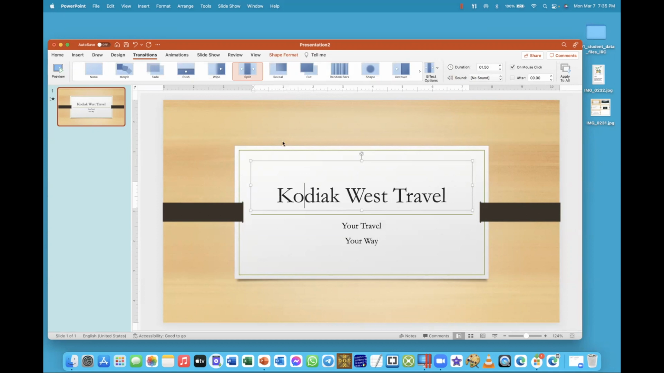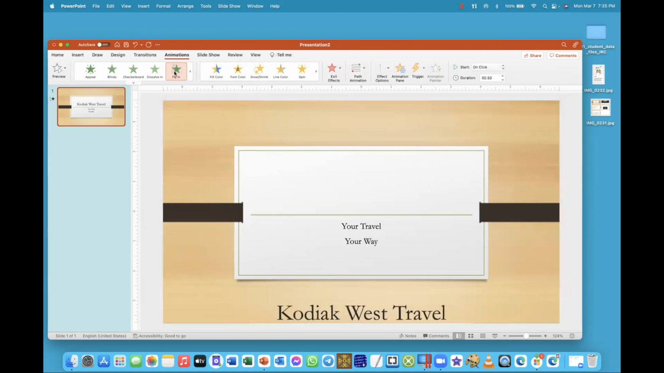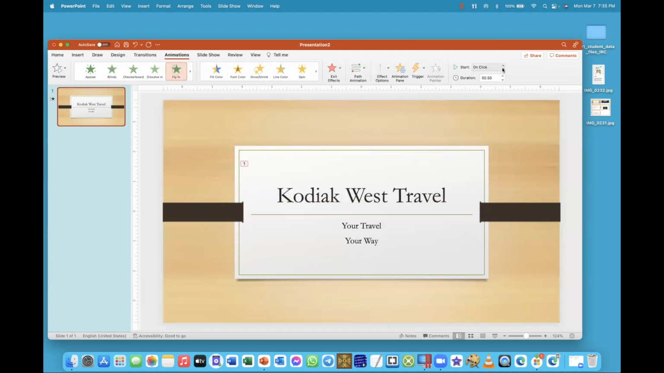And then we have what is called animations. Transitions are for the slides; animations are for the elements. So if I click here and I want this to fly in, here I can tell it After Previous. And then this text here, I want it to fly in as well, also After Previous. So when I sample this,